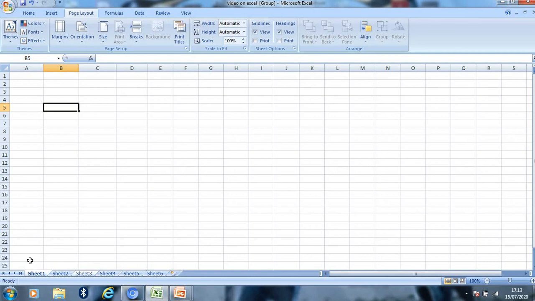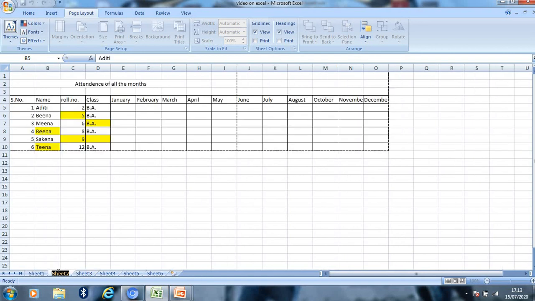Now name a worksheet. How can we name a worksheet? For naming a worksheet, double click on the sheet tab of the sheet you want to rename. For example, I want to name sheet 2. Then I will double click on the sheet tab, and the name will appear in this black box.